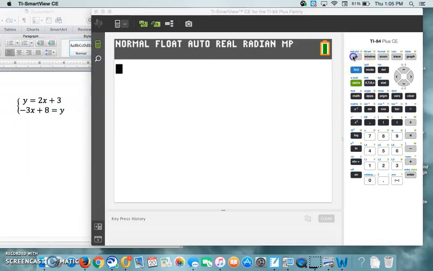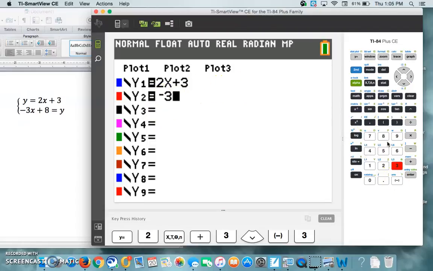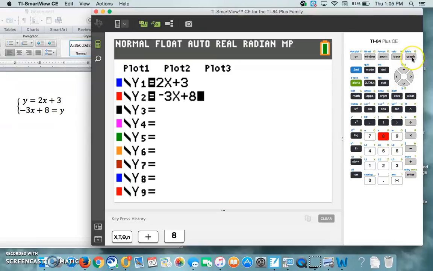So on your calculator, you want to click in your y equals menu, and then type in your two equations. So we have 2x plus 3, and then even though the second equation is negative 3x plus 8 is equal to y, we can also say y equals 8 plus negative 3x, or negative 3x plus 8. So this that we can put in y2 can be negative 3x plus 8. And then if we push graph,